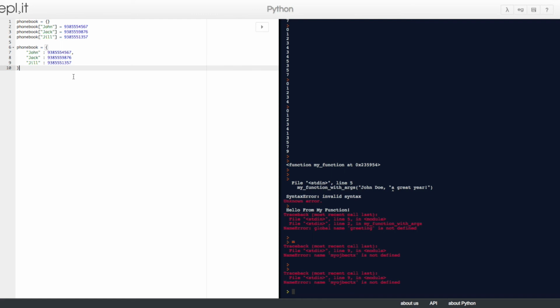Okay, so iterating over dictionaries. Dictionaries can be iterated over just like a list. However, a dictionary, unlike the list, does not keep the order of the values stored in it. To iterate over key value pairs, use the following syntax. So, for name, comma, number in phone book,